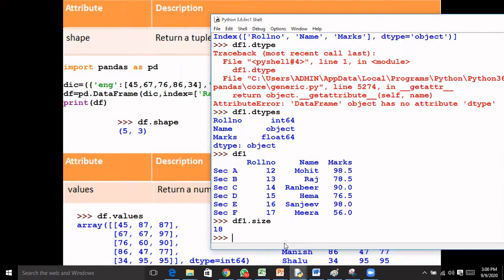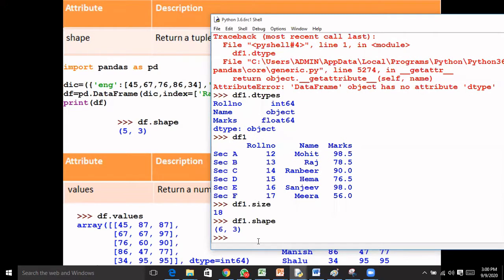Let us see how many rows are there: 1, 2, 3, 4, 5, 6. So 6 rows are there. How many columns? 1, 2, 3 columns are there. So if I say df dot shape, it should give me 6, 3 because 6 rows and 3 columns are there. So this is your shape.